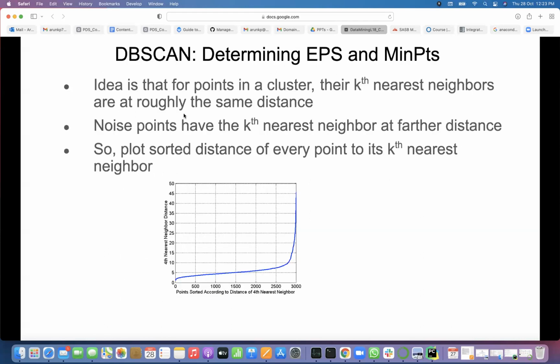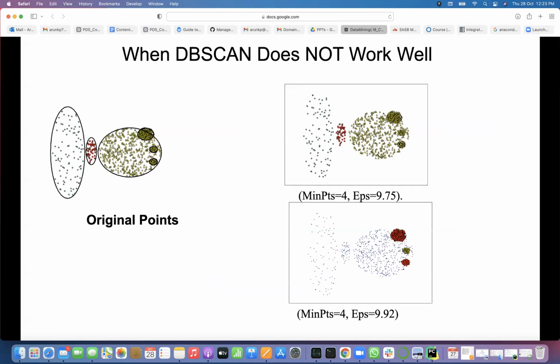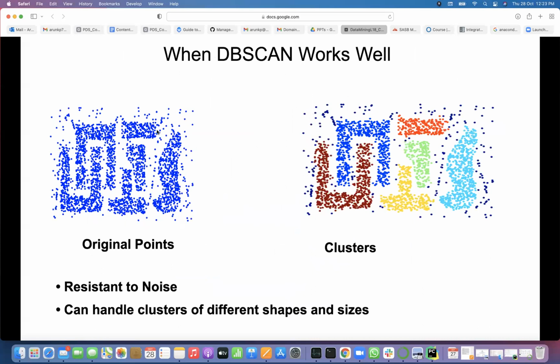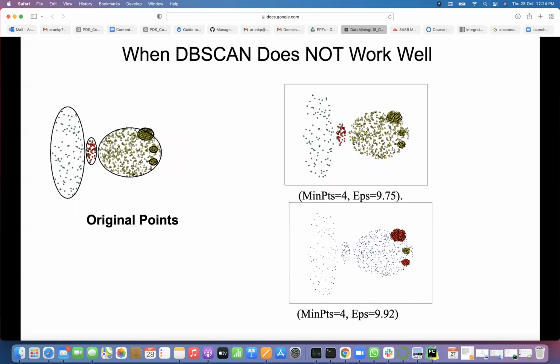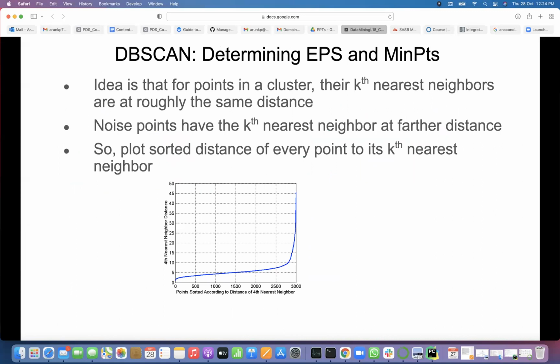So this completes the discussion of DBSCAN. We have added two more things today for clustering: hierarchical clustering and DBSCAN. DBSCAN advantages? Resistance to noise and non-globular shapes. Different shapes and different sizes also it captures. Whereas simple hierarchical clustering is able to capture different shapes but not sizes. Right, this is the advantage of DBSCAN. So these three different techniques you should implement in your machine learning toolbox when it comes to unsupervised learning.